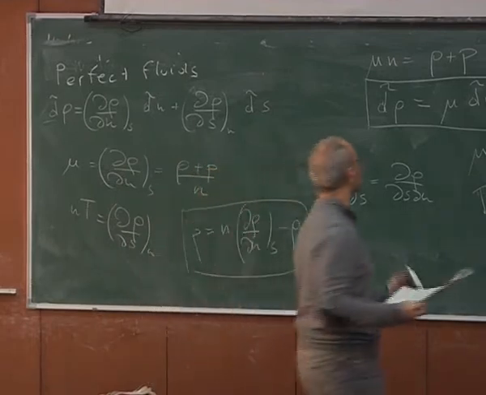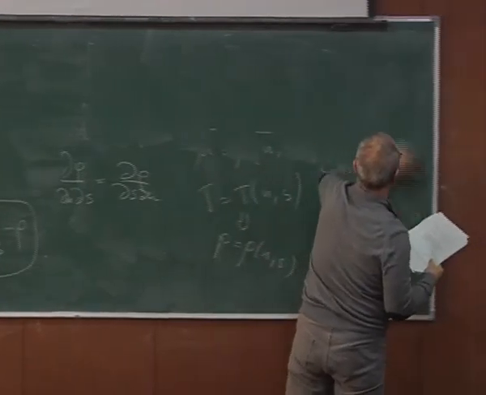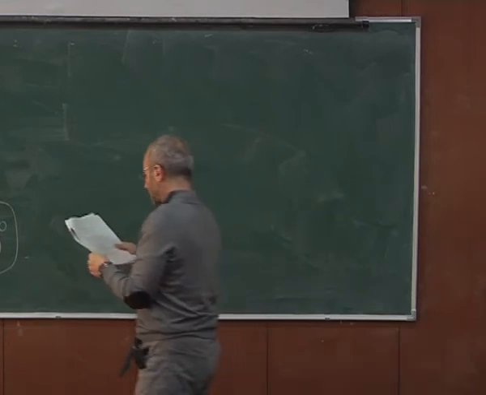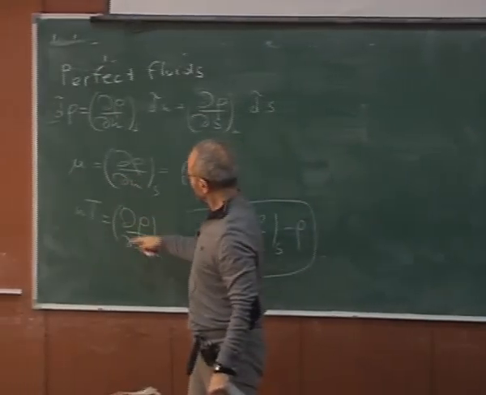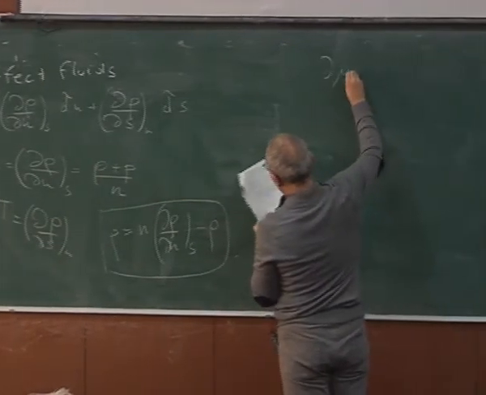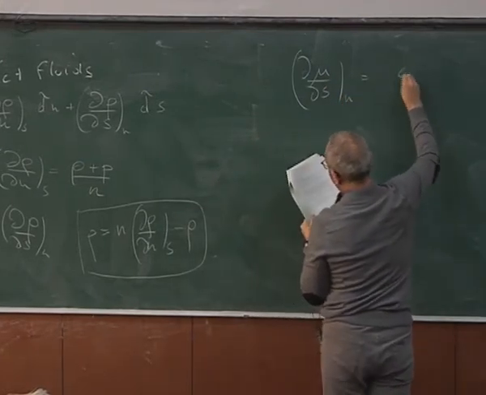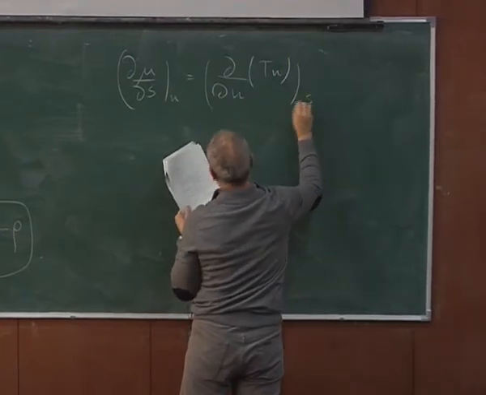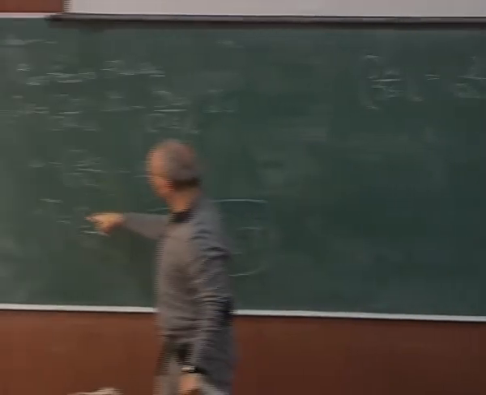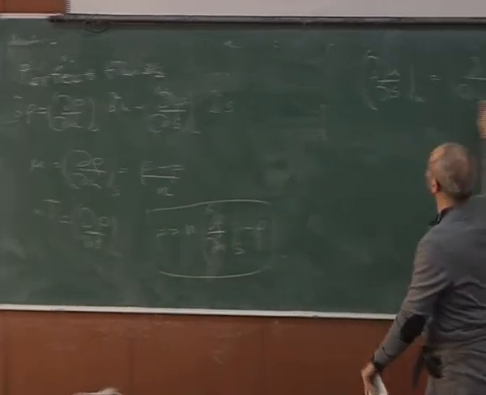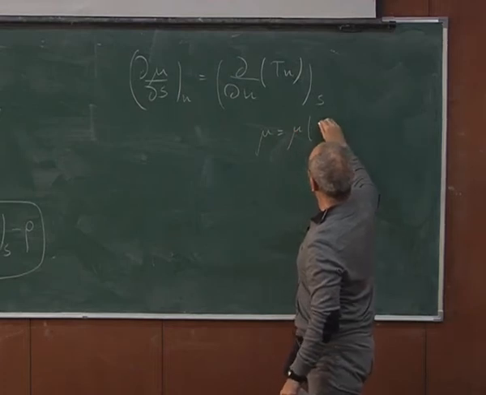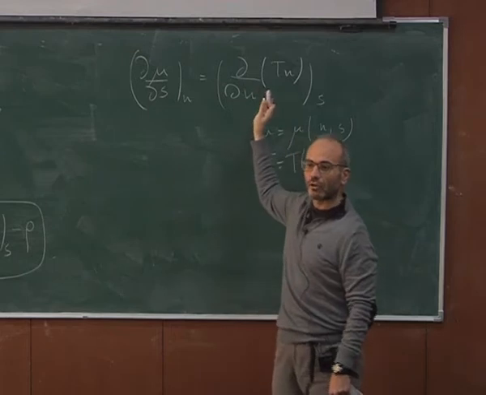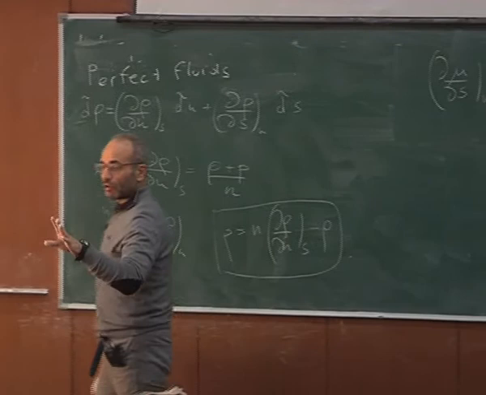And as I was saying, here we have to impose, so this is the first derivative, and this is the second partial derivative. So we have to impose that d mu over ds at constant n must be equal to d over dn of nT at constant entropy. So the cross derivative, d square rho dn ds, must be equal to d square rho ds dn. So as I said, mu and T must be given in terms of two equations of state, but these two equations of state must satisfy this constraint. Once that constraint is satisfied,